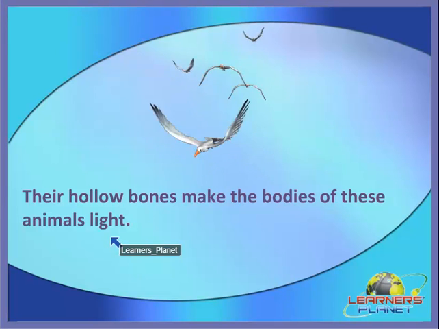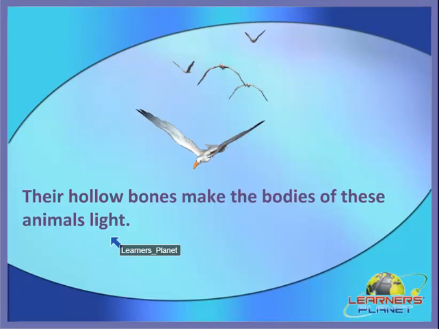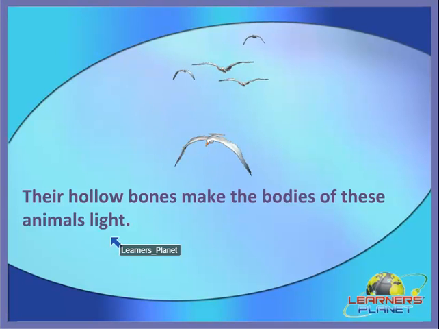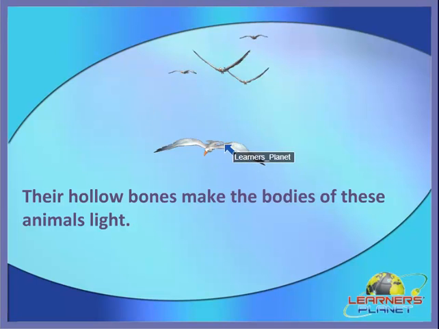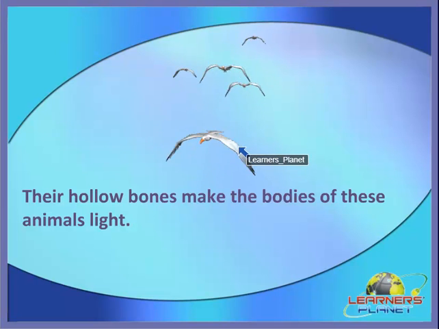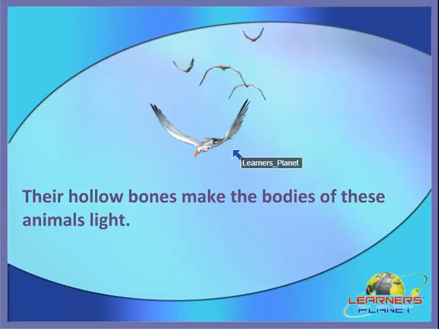Always remember that aerial animals have only one set of limbs, and these limbs are modified as wings to fly in the sky. So you can see here, these are the limbs of aerial animals, and these limbs are modified